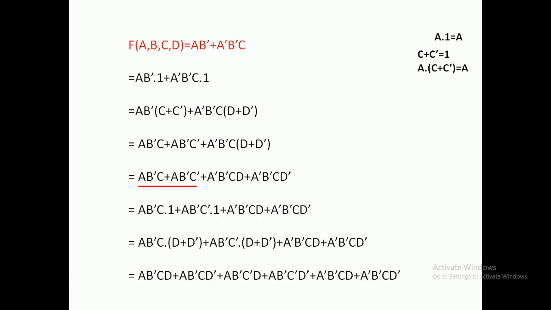In this way we are converting the SOP to the standard SOP format. So we just need to identify the missing literal or missing variable, and at that time you put a 1 and replace it with the C plus C dash formula for the missing literal, the missing variable. Now let us go to the same thing, let us apply the POS format. Now we need to convert the POS to the standard POS format. So how are we able to convert?